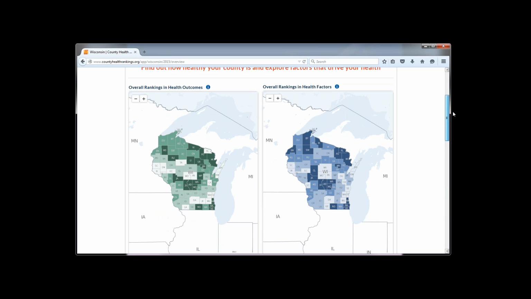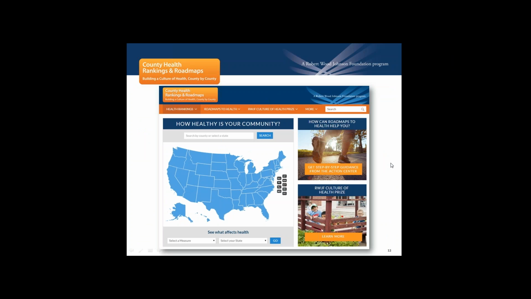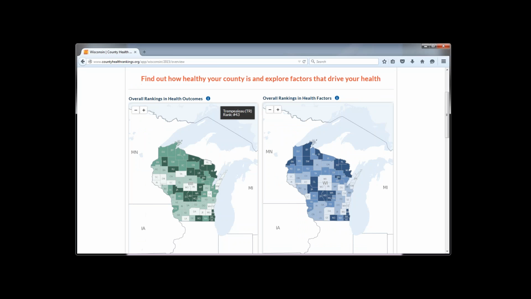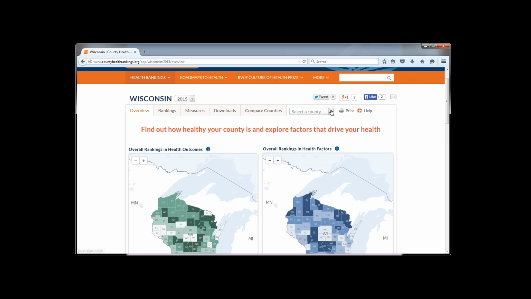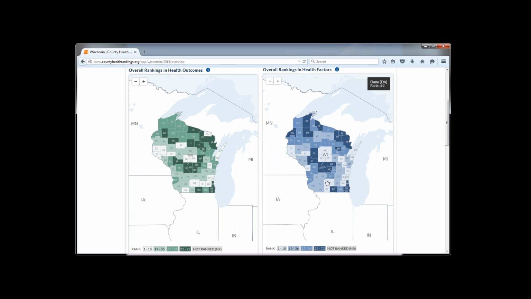From here, you can go to a county snapshot that I was just talking about, and you can enter that. Excuse me, I have a sensitive screen today. So as I said, you can click here. I'm going to click here on Dane County, but I also could select a county up here where it says Select a County. So I'm going to go to Dane County,